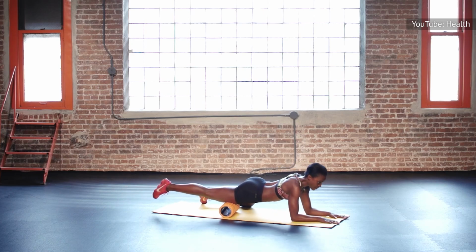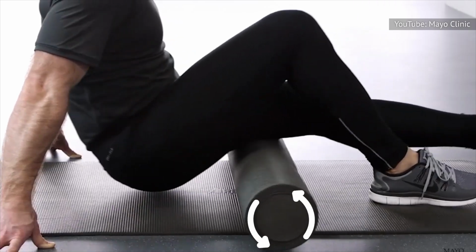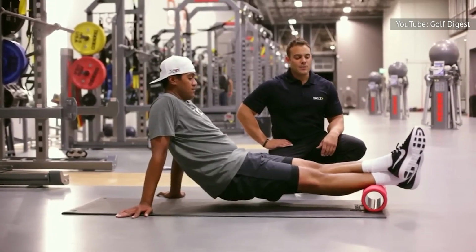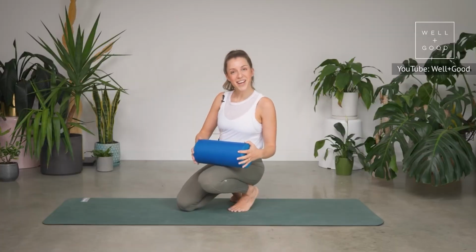In the fitness world, trendy tools like the foam roller can be met with a lot of praise. Sometimes, however, the merits can be overstated. While we have nothing against tools that make your workouts more effective, some of the claims that accompany them might be misleading. The foam roller is a self-massaging device that works by using your own body weight to stimulate different